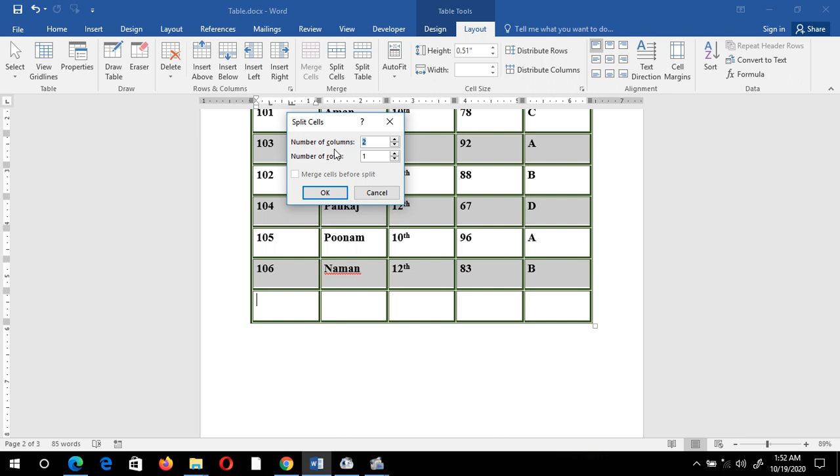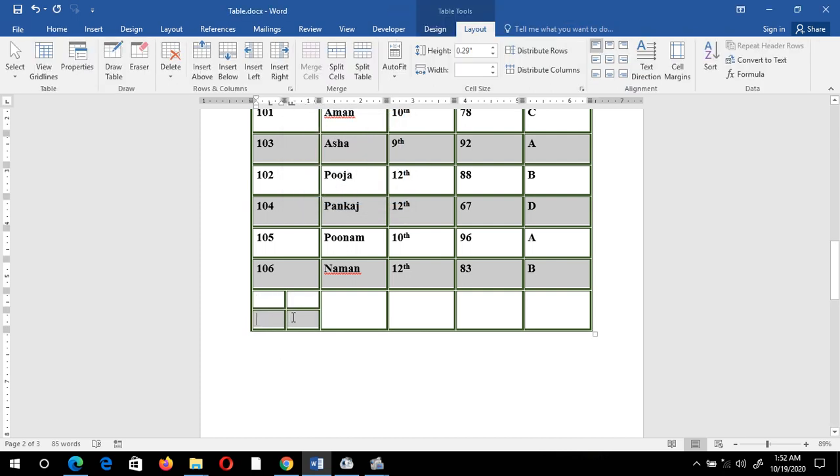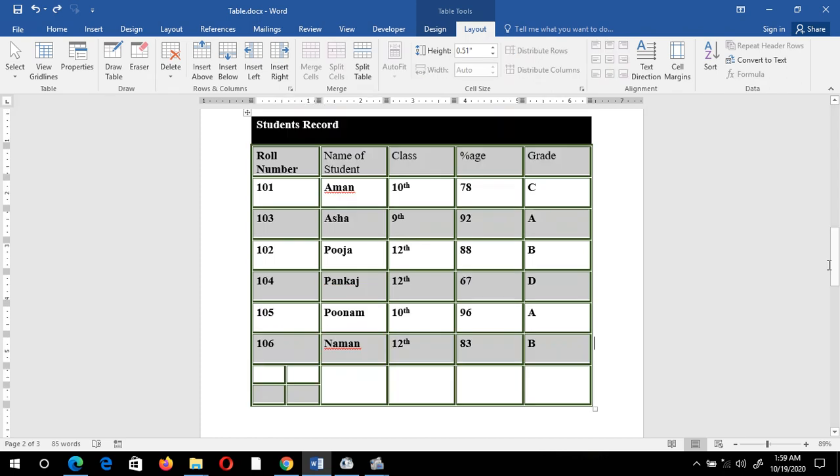You can select the number of rows and columns. I want to create 2 columns and 2 rows. Now click on OK. Now you can see 2 rows and 2 columns. This particular cell is now split into 2 rows and 2 columns.